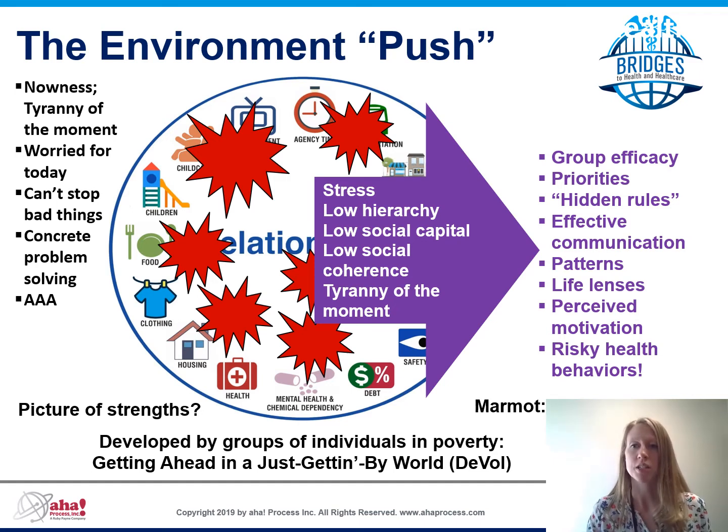To the left, you see some other observations of what life in poverty can be like. Feeling the tyranny of the moment, or having the feeling of having so much to worry about basic needs for today that it's impossible to think ahead or plan for the future. A feeling of hopelessness, that everything that's happening is out of your control. You also see the term AAA here, and this refers to a transportation example.